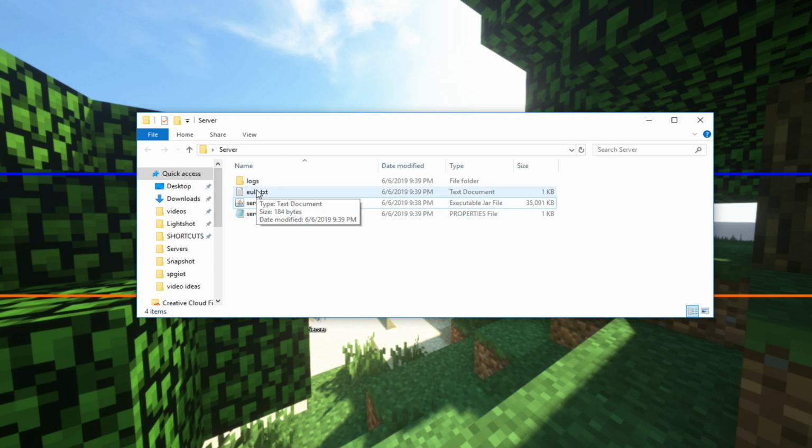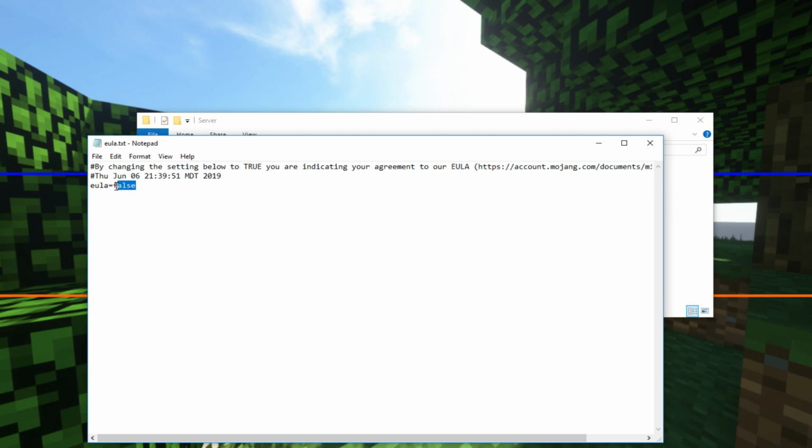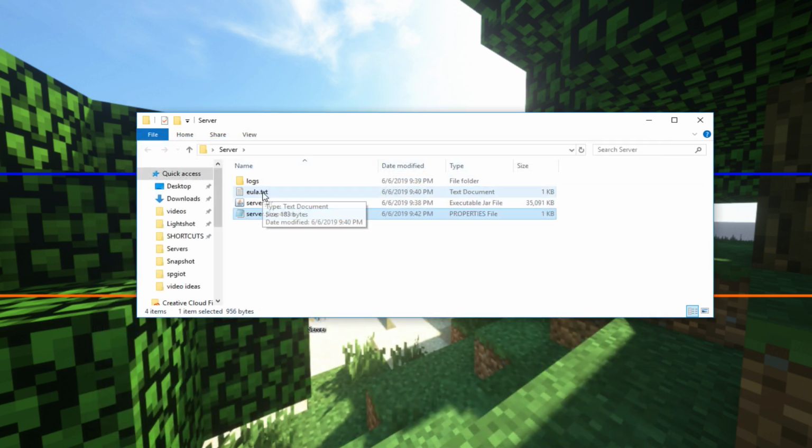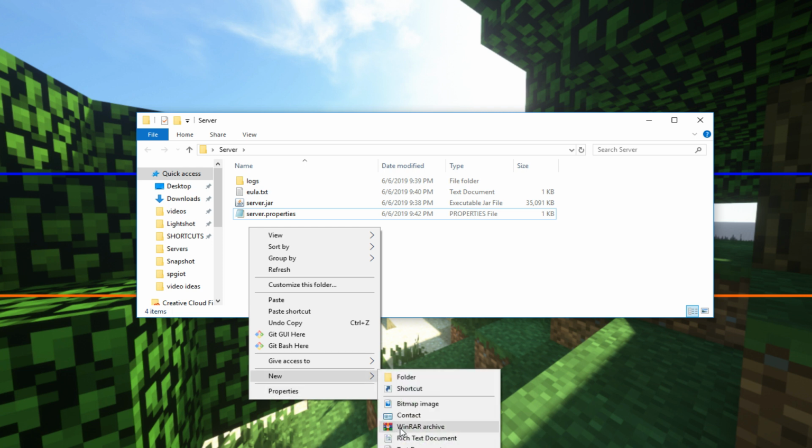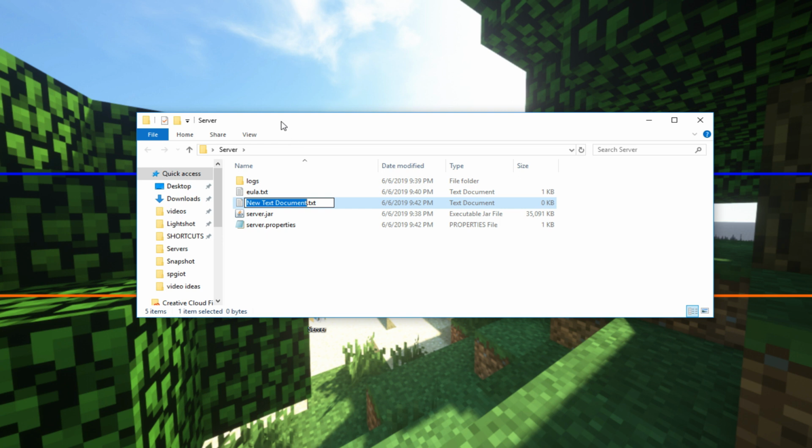Once the server file has been opened, you go to your EULA and type true. And you want to save that and close. And lastly, we're going to make a .bat for the server to go in. So we're going to go ahead and use one that I usually use for all my servers. And we're going to call this